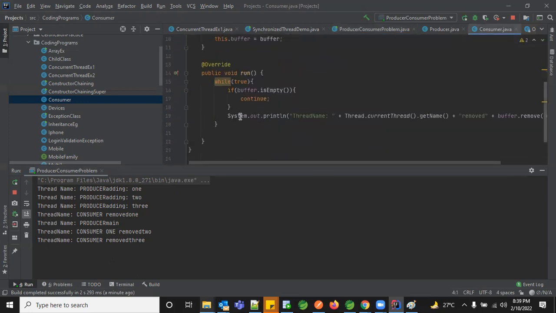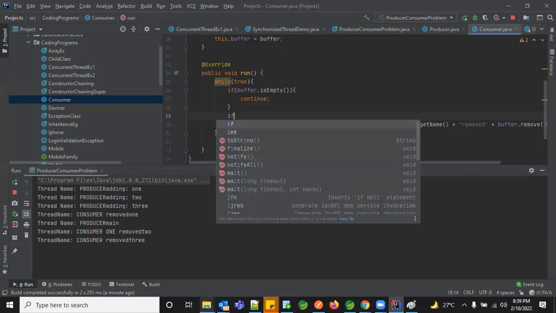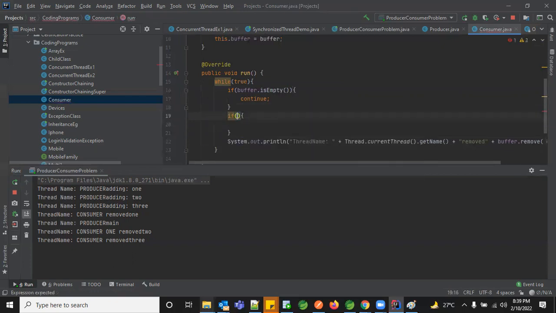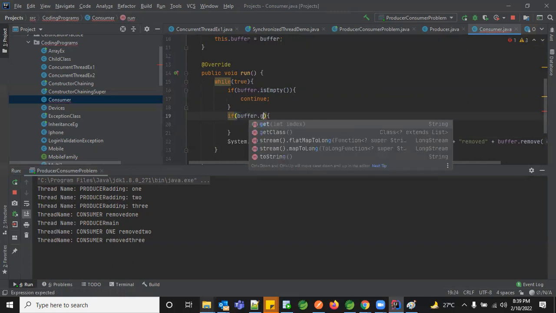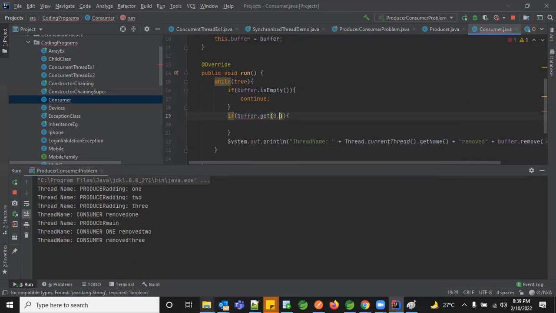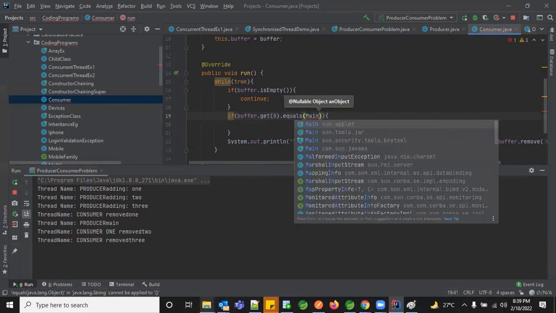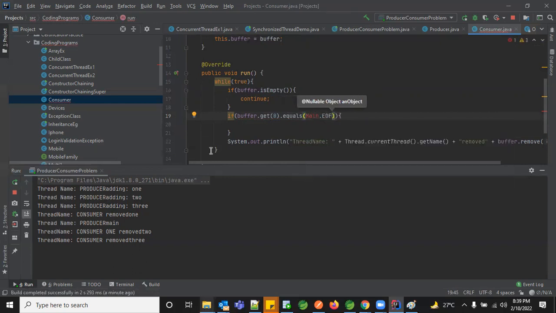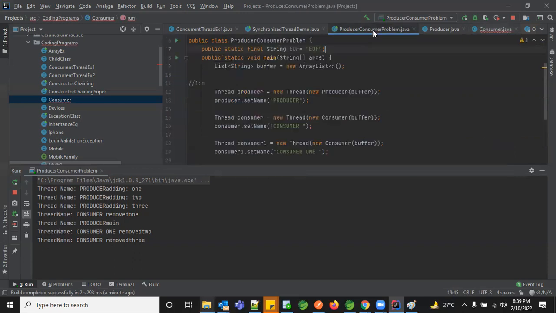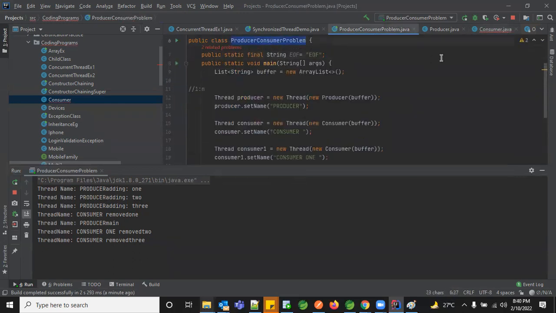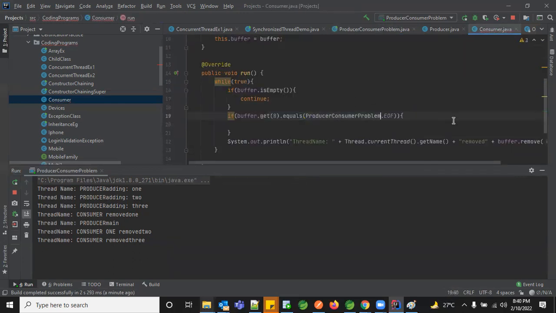So now here, whenever I'm doing this, buffer is empty, giving continue. I'll also do one more check. If my buffer instance, whatever I get, equals the end of file, in the main class's produce, then let me print it.